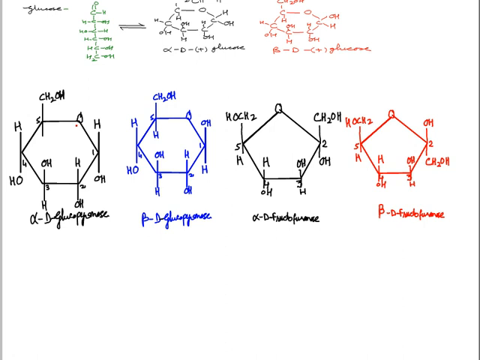But in case of fructose, it was a ketone group on the second carbon. So it means the bonding with oxygen, this cycle, was possible only between second and fifth carbon. That is how we find these two forms are different. So this is alpha D glucopyranose or glucose, beta D glucose, alpha D fructose in furanose form, and beta D fructose in furanose form. As I told you, we are not going into the furanose form of glucose.